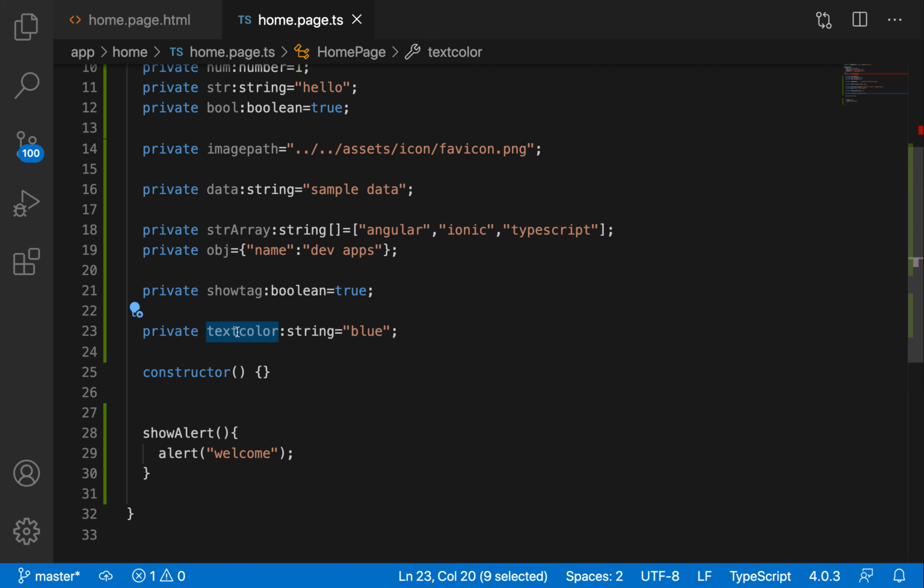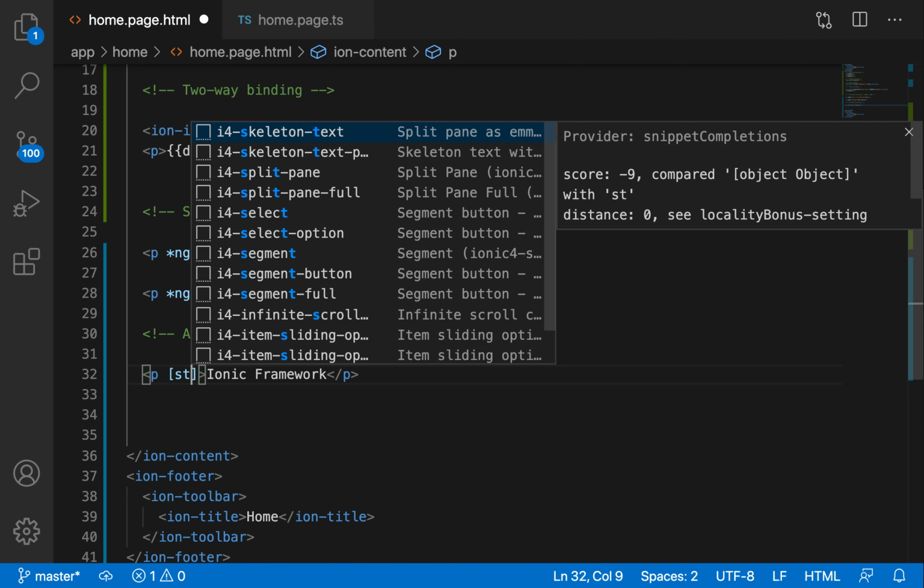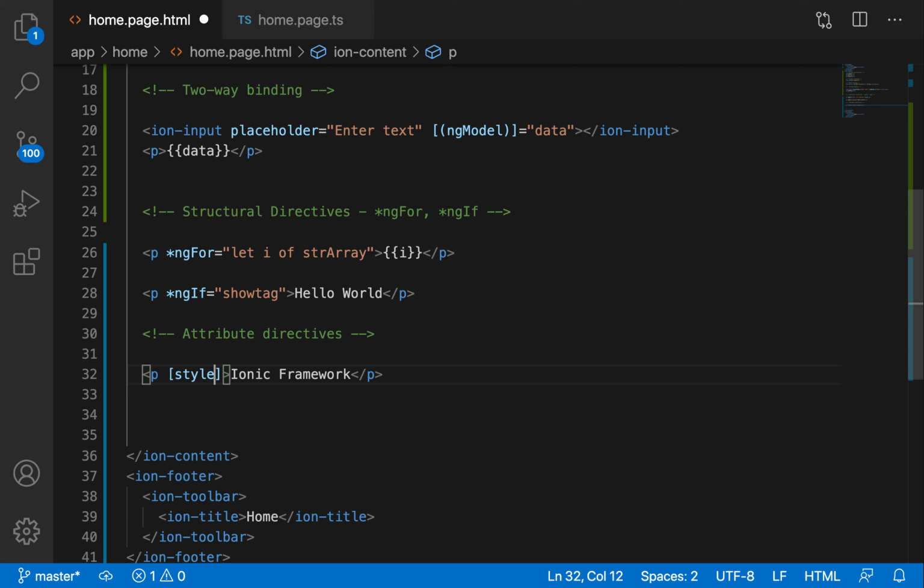Now whatever the color is, I'll apply this color dynamically to the p tag with the help of attribute directives. Whenever you want to apply the color dynamically, you can use ngStyle or simply use a style attribute, and then pass the variable. But if you write it like this, the p tag cannot understand what the property is.